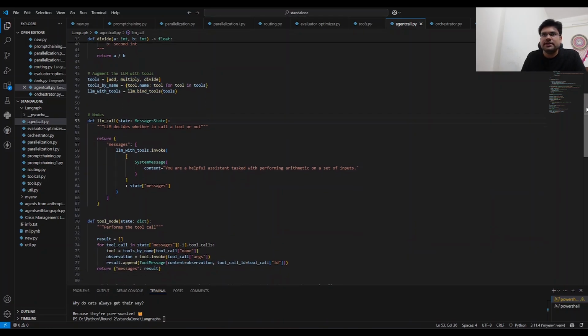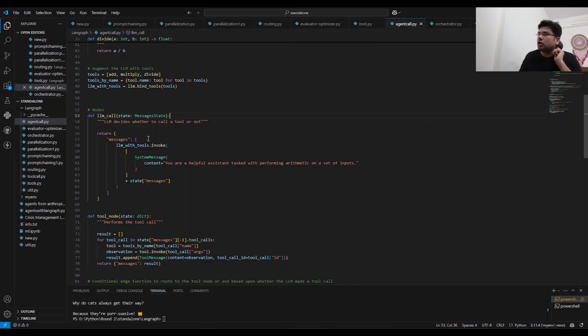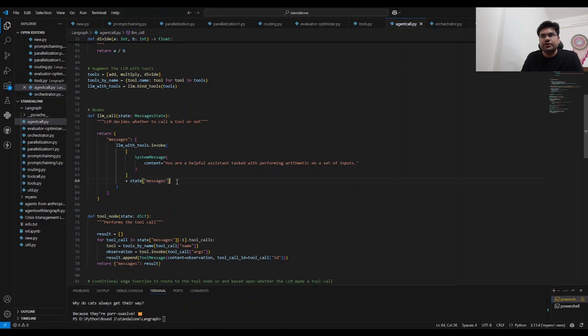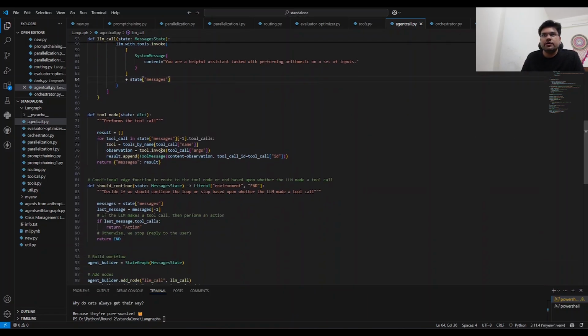And in the LLM call, the LLM will decide whether to call a tool or not. Along with the system message, the state of the messages is passed in this LLM call as well. So this is the feedback loop that is created over here, where we can see if any of the messages from the tool are passed in this LLM call or not. Now the tool node function returns the messages as a result of each of these tool calls, and then a should continue function is also defined,